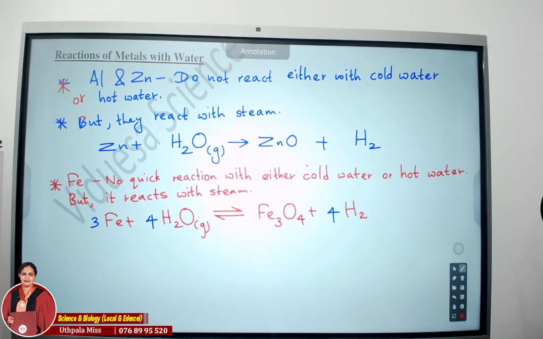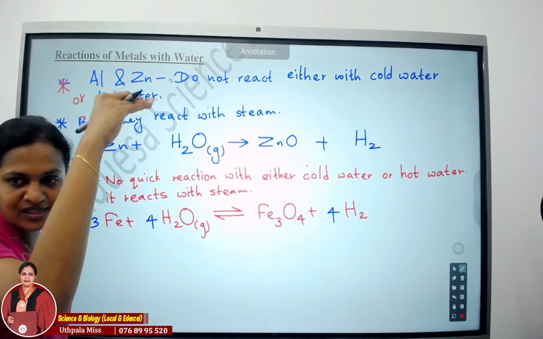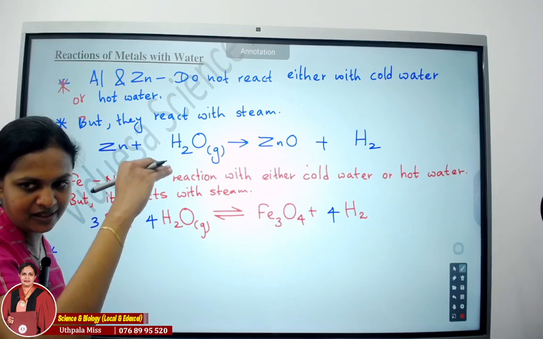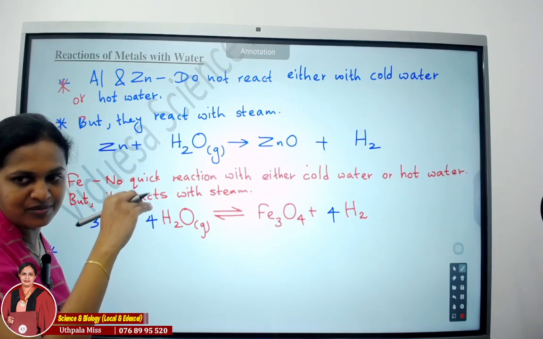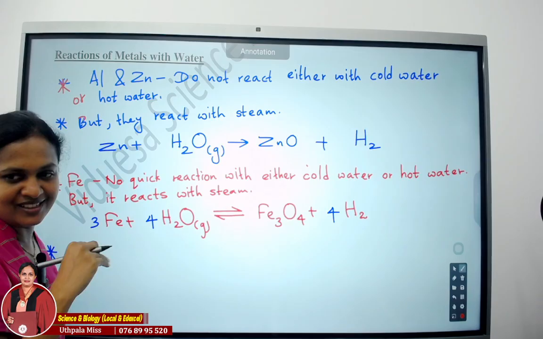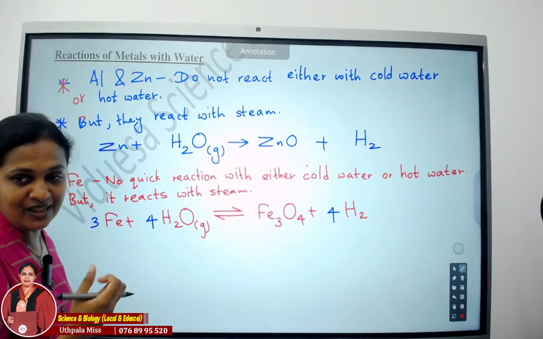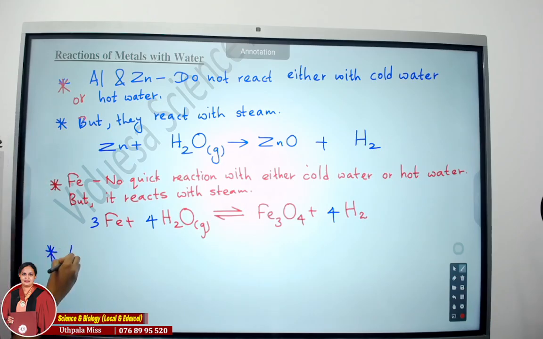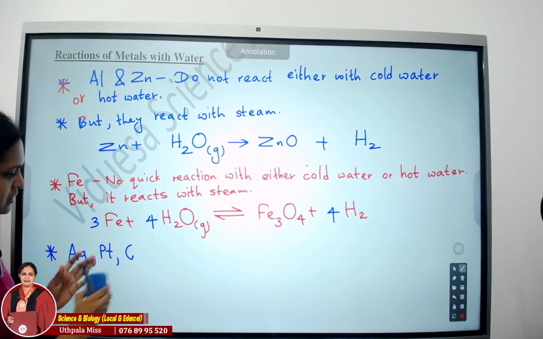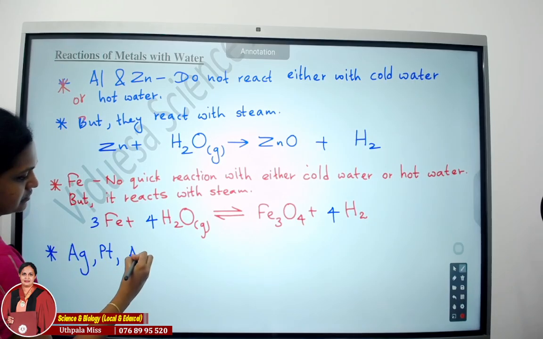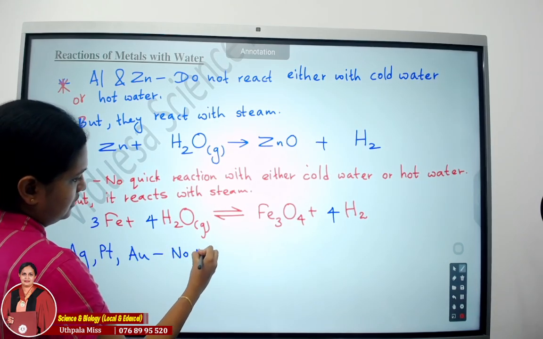Right. Then finally we can mention silver, platinum and gold. They do not react with either cold water, hot water or steam. No reaction. Now the order: sodium has the highest reactivity, then magnesium, aluminium, zinc, iron, silver, platinum, gold. Silver, platinum, gold: no reaction